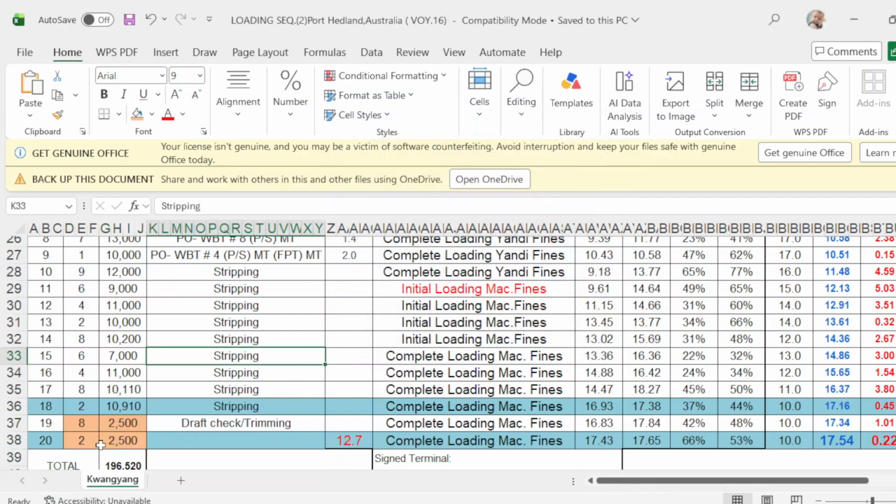Again, upon reaching pour number 18, the operation is loading hold number 2 with 10,910 metric tons as per your loading sequence.